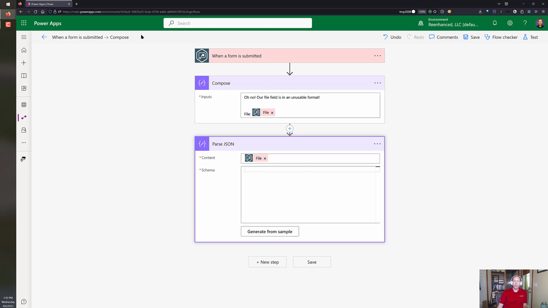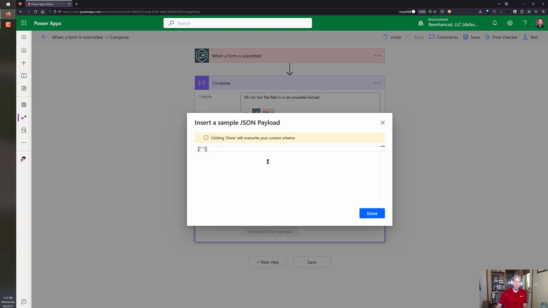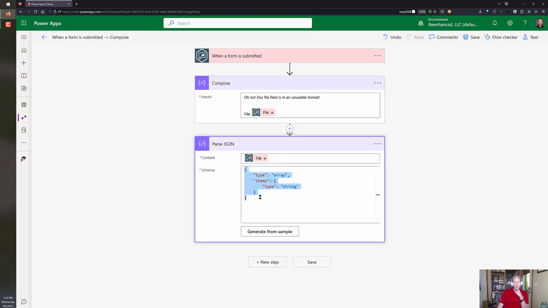We can go back to our flow run and pick that from before, or we know that it's going to come in this weird format, right? So it comes in and it's got some URLs in it. So we'll just say like this, where it's reenhance.com, and we'll put in another URL so we can see that it's got multiple ones there. So for here, we'll do connector review. And that's going to be what the format of the field comes in as. And once we hit the Done button, it generates the sample,